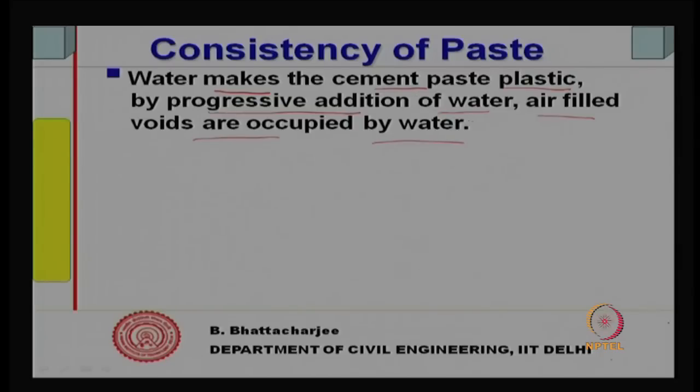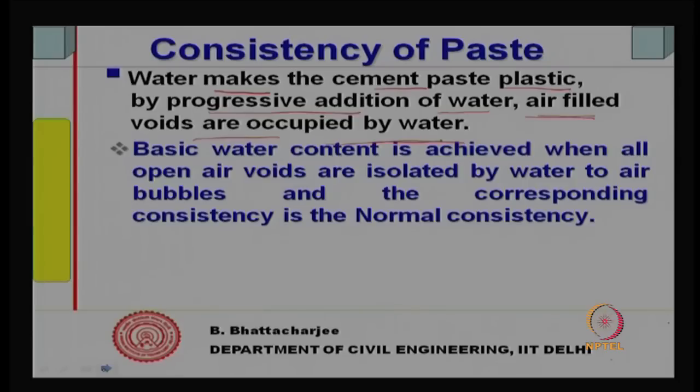As I add water, this air filled space will be occupied by water. Now, basic water content is achieved. You go on adding the water, and this water content we call basic water content. It is achieved when all open air voids are isolated by water